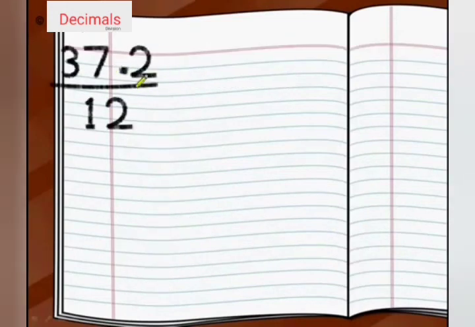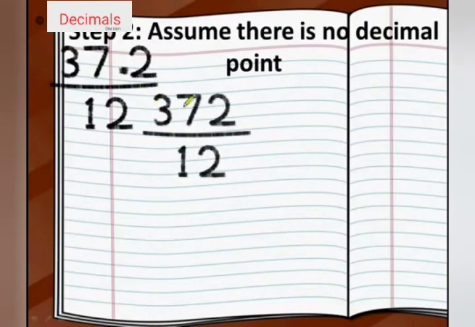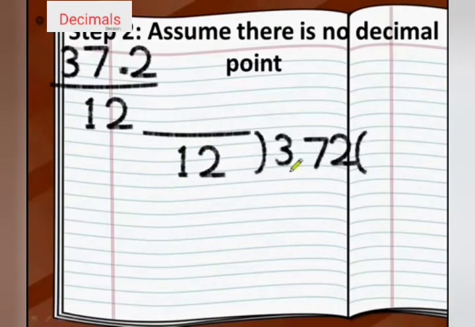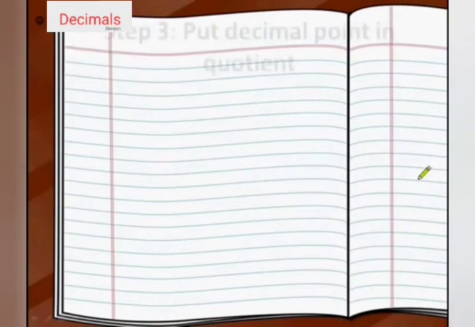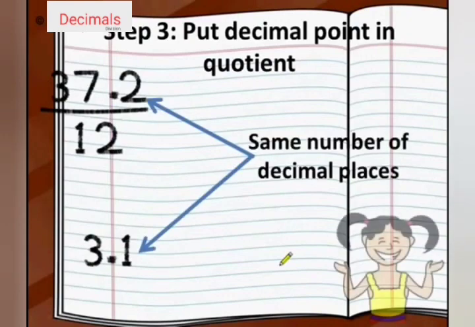Now step 2, what was step 2 that we have done? Step 2 is to assume that there is no decimal point if you are getting a decimal in the numerator, and by dividing you will get your result as 31. Now step 3, put the decimal point in the quotient by counting the number of digits after the decimal point. There is 1 digit after the decimal point. Here 2 is a tenth. Now we will put the decimal point from right to left counting the digits. Now suppose there were no decimal point in the numerator, so the decimal point would not be there in the answer also.